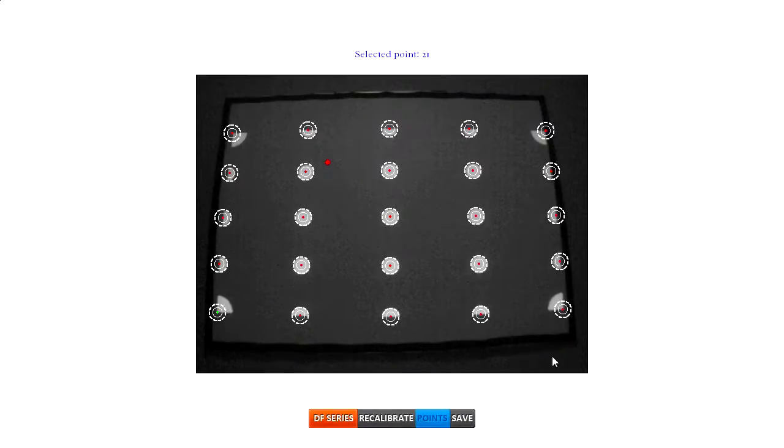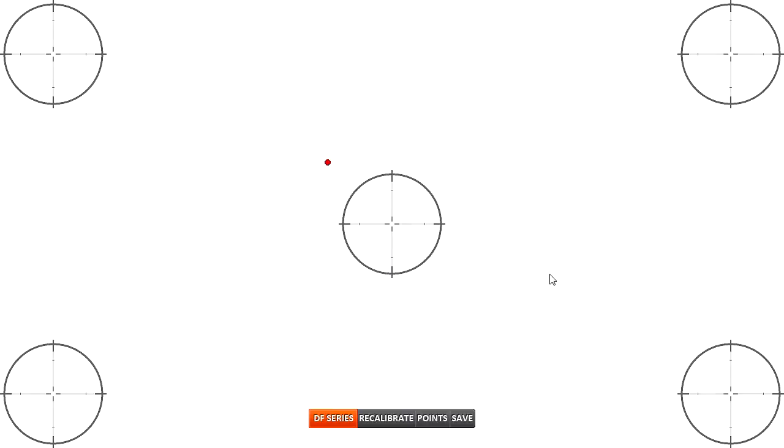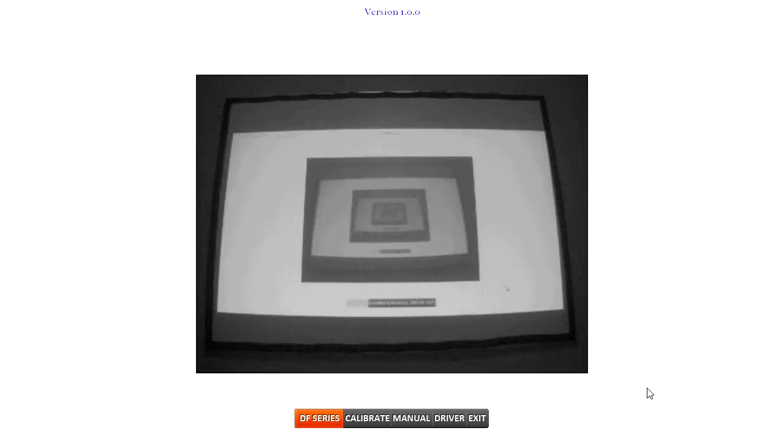And now that all my points are in the right place, I can go ahead and click points again, and this will take me back to the test tracking where I could recheck the accuracy before I launch into the games. Now we'll cover a manual calibration, and this is handy in case